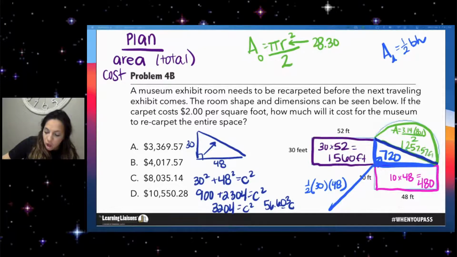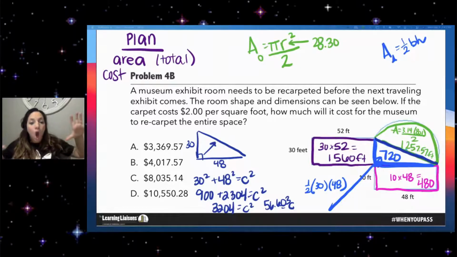1,257.57 feet. Remember, these are all in feet. Now I'm going to add all my feet together. Why? Because I'm trying to find the area of this shape first. I still have not found the area of this shape. So let's go ahead and add